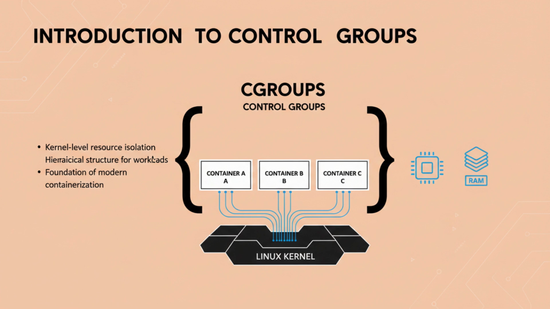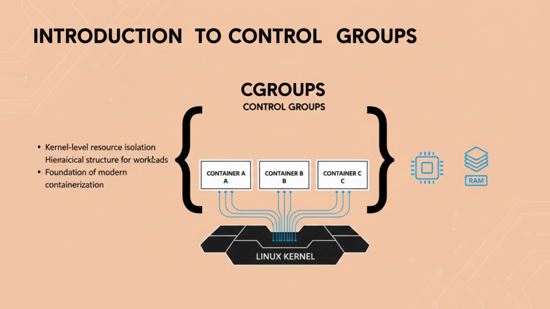Welcome, everyone. As we scale architectures to handle millions of requests, the stability of individual nodes becomes paramount. Today, we explore Cgroups, the Linux kernel feature that allows us to allocate, prioritize, and isolate system resources like memory and CPU. For infrastructure engineers, understanding memory control groups, or memcg, is the difference between a resilient cluster and one